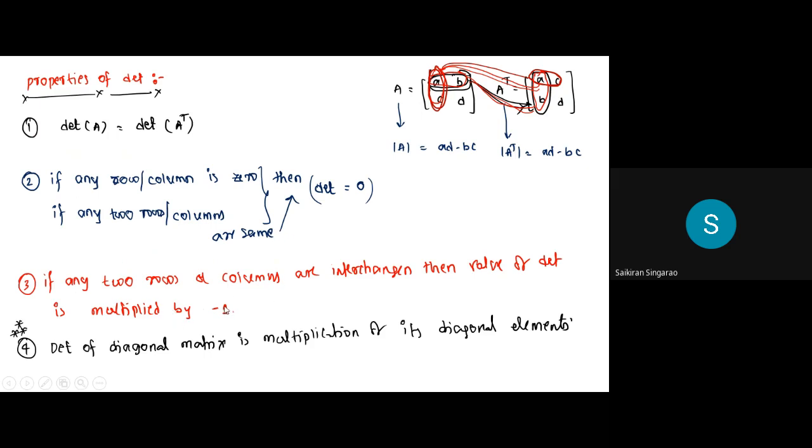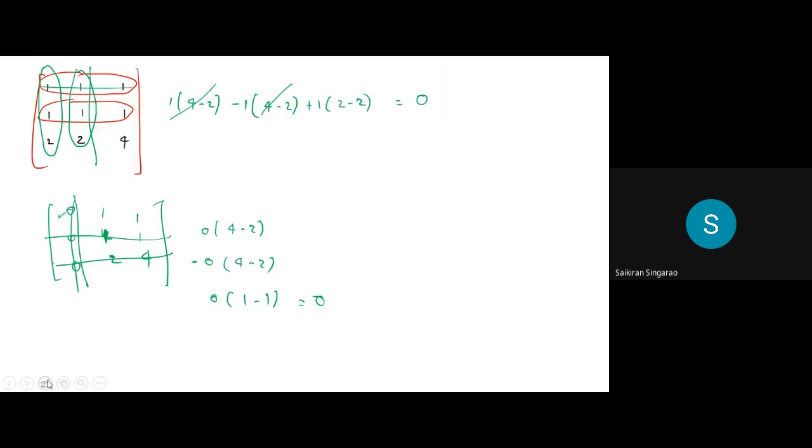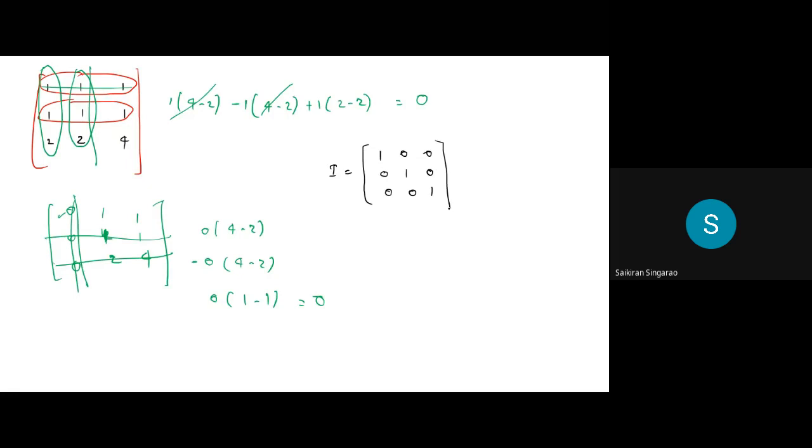Similarly, when you interchange two rows or two columns, the determinant gets multiplied by minus 1. The best way to show this example is like this. If you have an identity matrix I, say it is 1 0 0, 0 1 0, 0 0 1. What's the determinant of the identity matrix? The determinant of the identity matrix is 1, correct? Or it's a diagonal matrix, just multiply the principal diagonal elements, you're going to get the same thing. Now if I do 1 0 0, 0 0 1, 0 1 0, what I just did, sir, is I've interchanged these two.